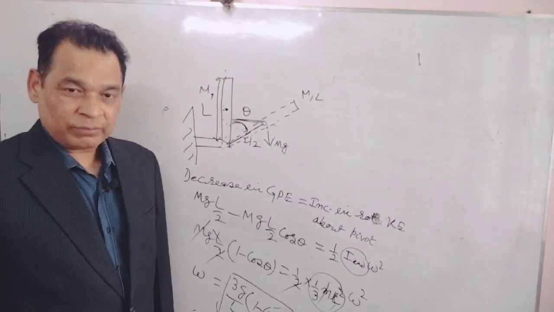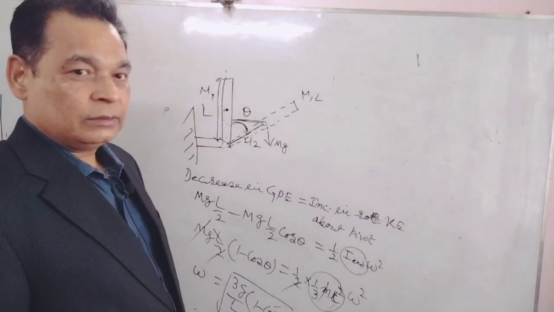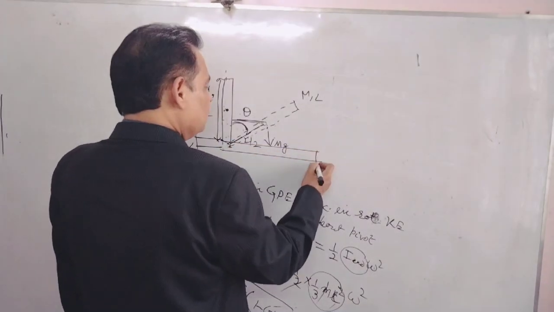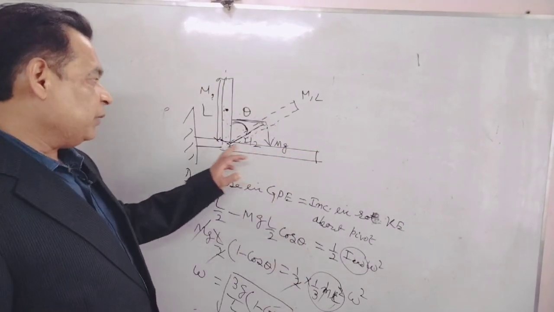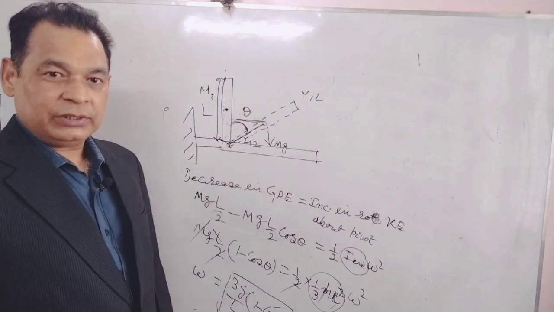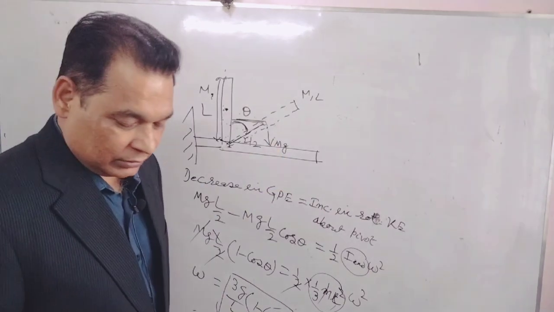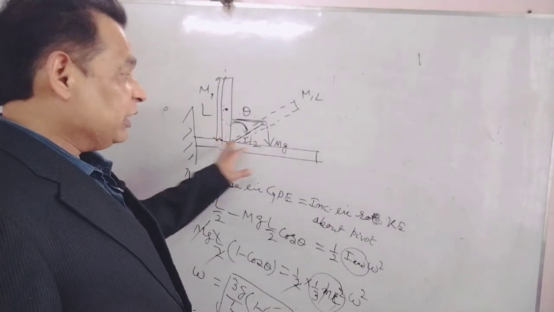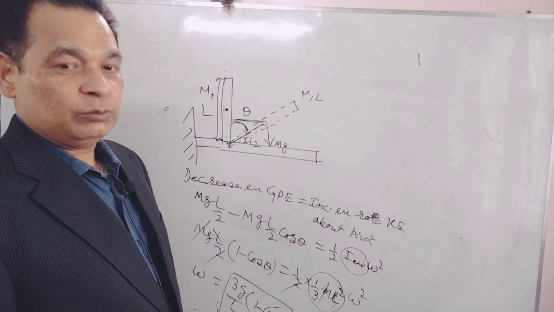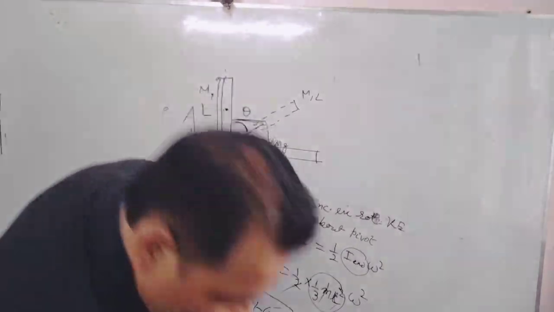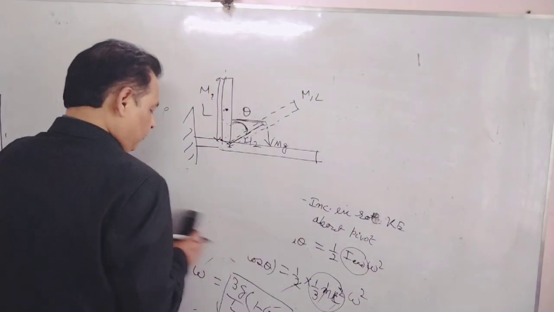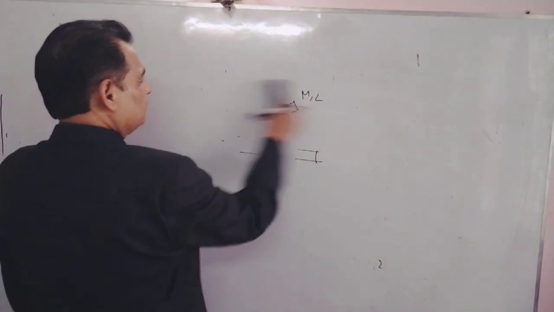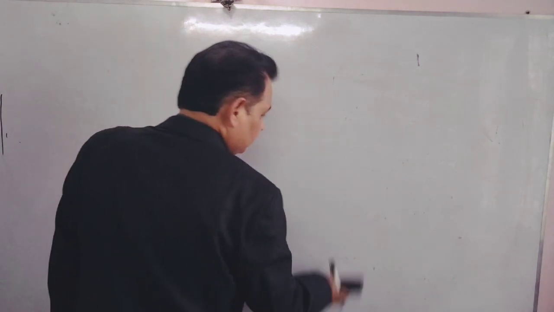Okay? Suppose in the same question, if this rod becomes horizontal, we have to find out the force applied by the axis on this rod. How can we find it out? We have to find the force applied by this axis, this pivot, when the rod becomes horizontal during motion. Okay, we can find it out. The same question is given here, described in this way.